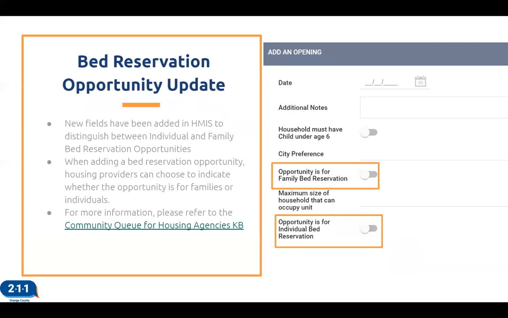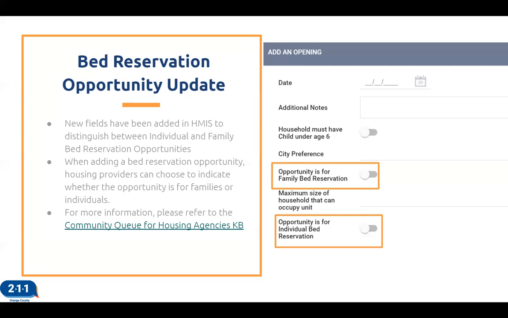Yeah, so on a related note, we have made a couple of changes to the bed reservation system in HMIS. We've added a couple of new fields for when you add an opening or housing opportunity. And these new fields are to indicate whether the opportunity is for the family bed reservation or the individual bed reservation.